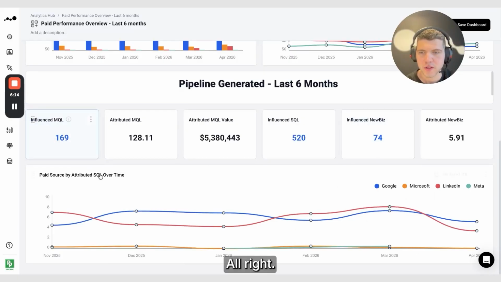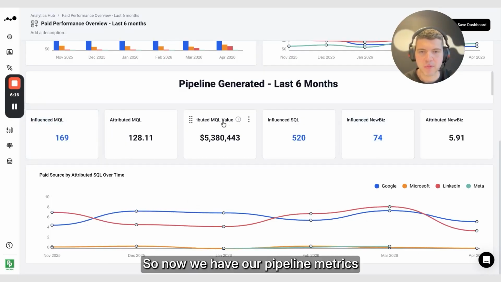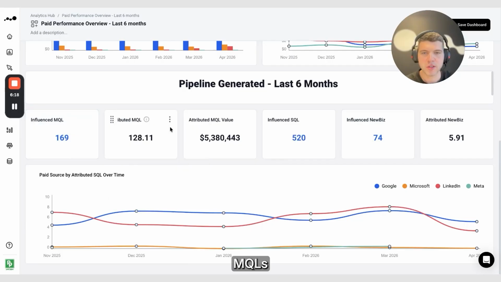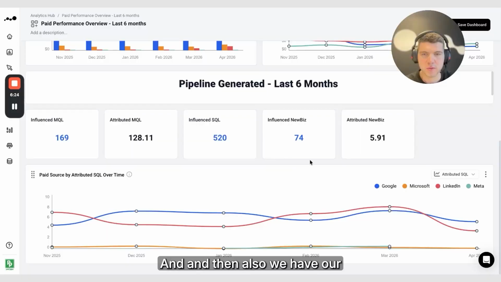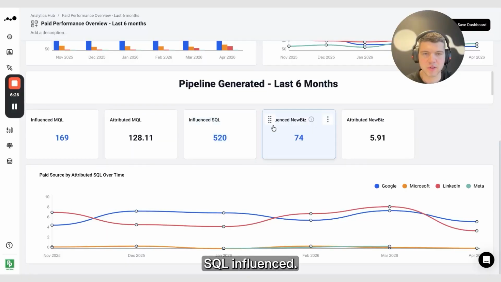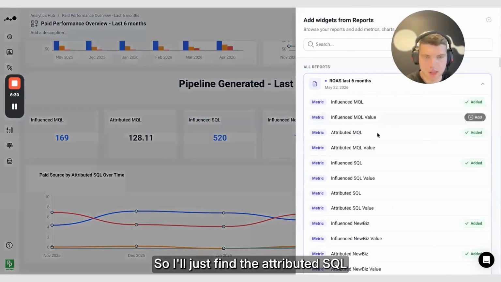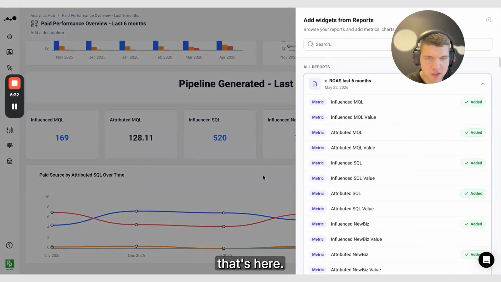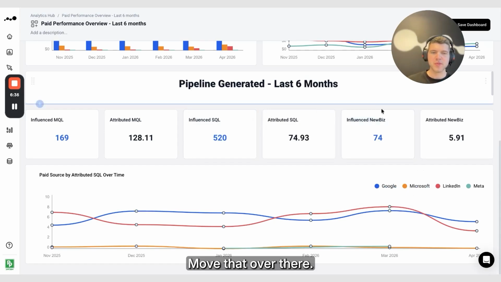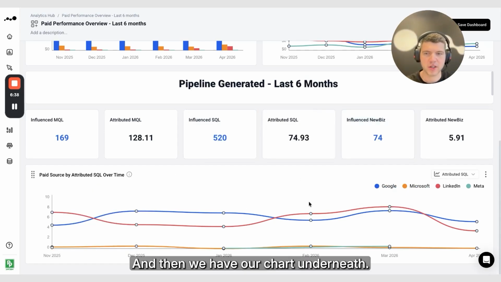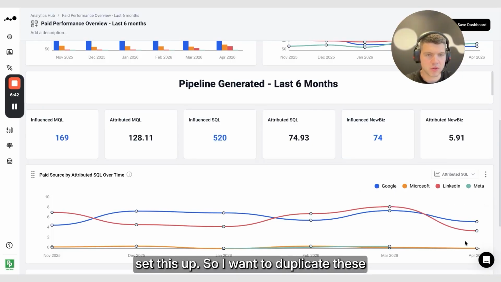All right, so now we have our pipeline metrics at the top here, MQLs, both an influenced and attributed level. And then also we have our SQLs influenced, we're missing the attributed one, and then a new biz. So I'll just find the attributed SQL, that's here. Move that over there. All right, very good. And then we have our chart underneath. But I have an idea of how I want to set this up. So I want to duplicate these